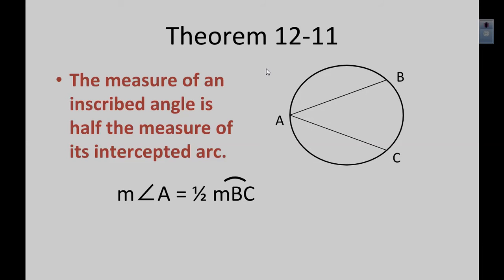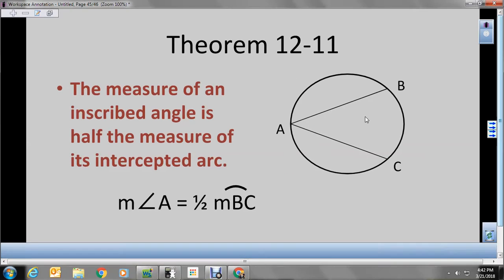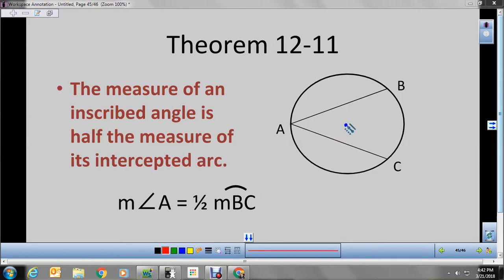One thing I want you to remember is what we talked about with central angles. Let's say this angle right here is our central angle. There's the center of it. We have an angle formed going to the same arc BC. If this angle is 60, then the arc that it opens up to, BC, would be 60. And the inscribed angle is going to be half of that, which means this inscribed angle would be 30. The further you get away, the smaller it becomes. So now let's look at